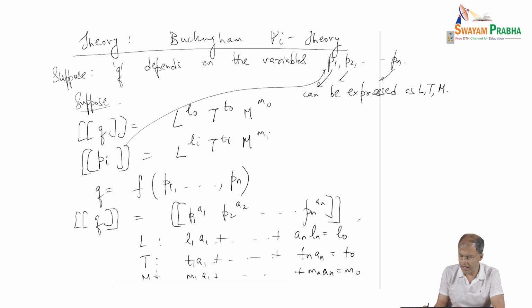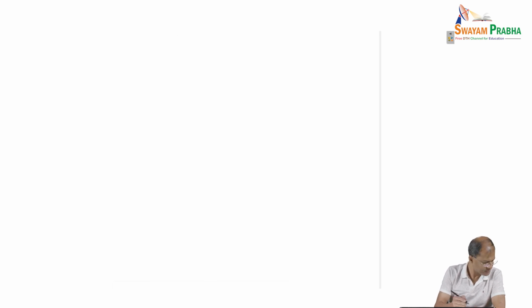We see that we have got a matrix vector equation set, with the total number of equations being just 3, but the number of unknowns being n, right? So we have 3 equations where the unknowns are the Li's and the Ti's and the Mi's. Okay, so now in the matrix vector form,